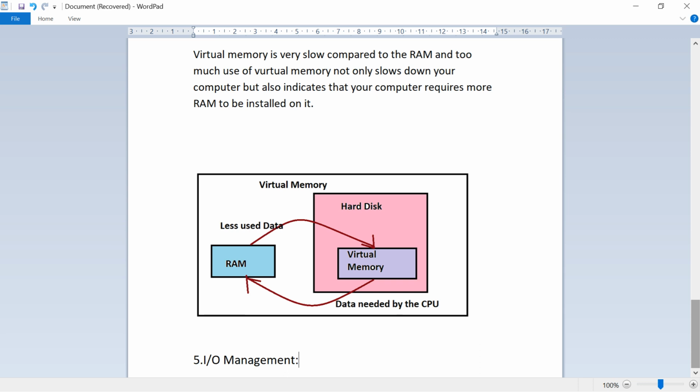Next one is IO management. Whenever a process requires some input output, the input output management part of the OS takes over. The role of the input output manager of the operating system is to connect the process to the actual input output device through some strategy.